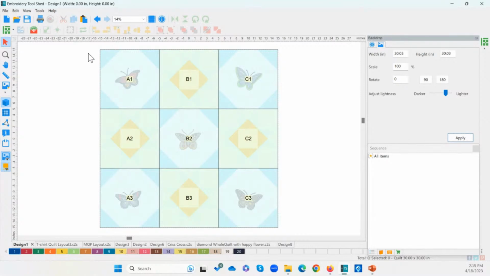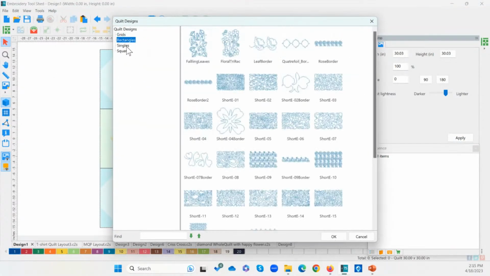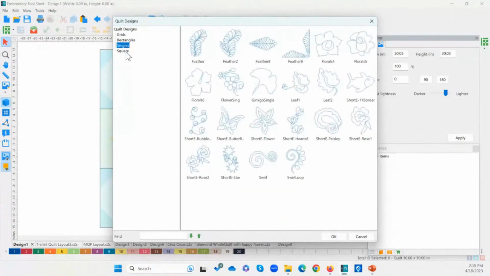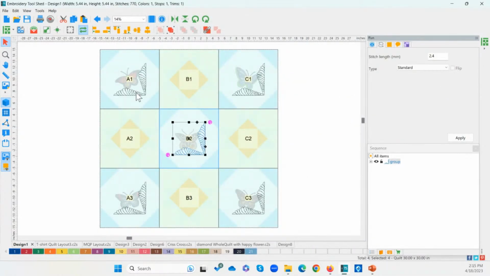So now let's add our design. So for my quilt planner, we would choose a design. I'm going to choose a design that I could use that would avoid my embroidery. So I'm going to start with this feather here and click OK. And then this is small for my block. I want it to fit my entire 10-inch block.